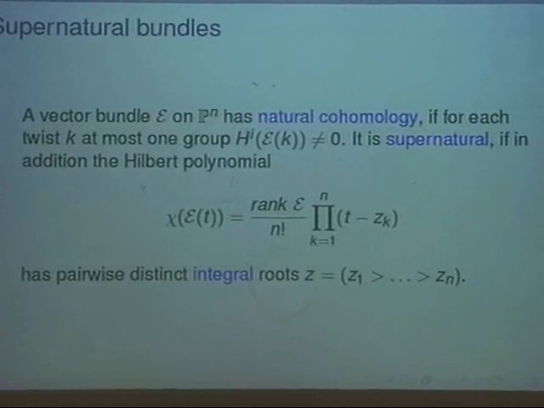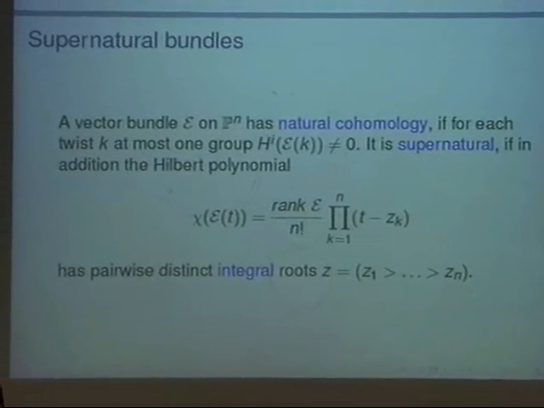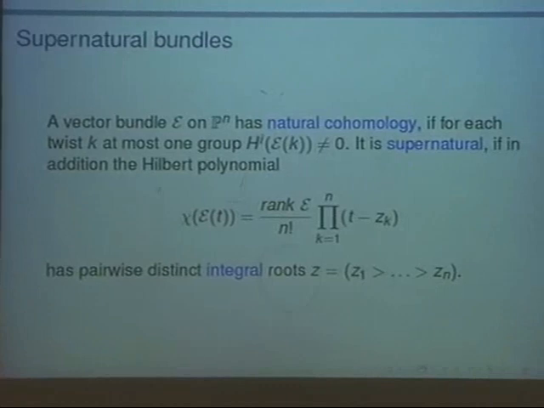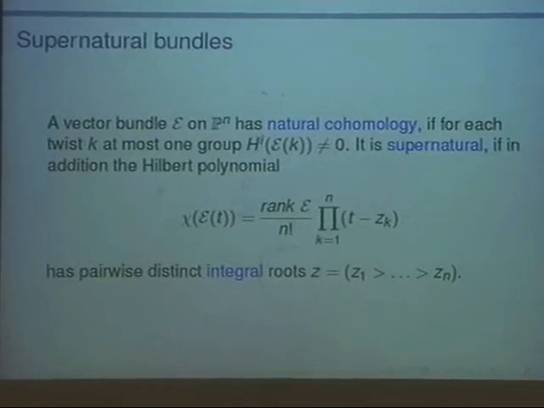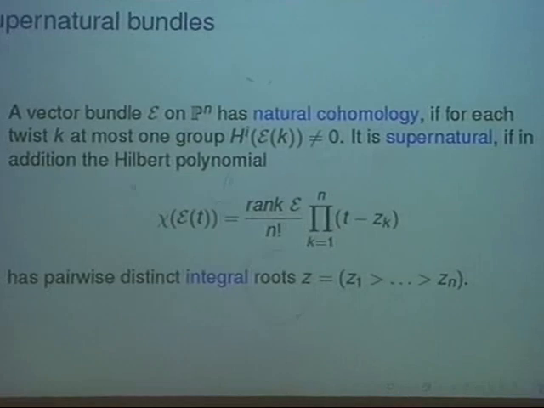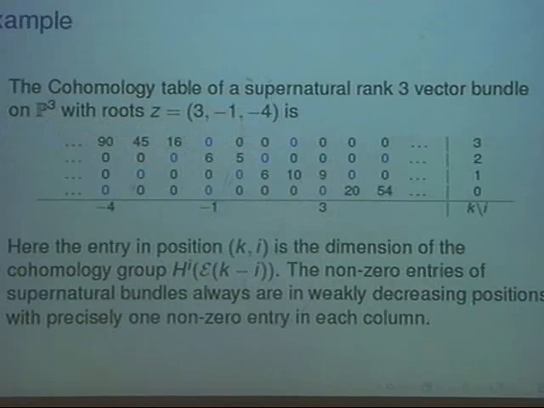A vector bundle E has natural cohomology if for each twist K at most one of the groups is non-zero. It has supernatural cohomology if in addition the Hilbert polynomial has integral roots that are distinct, so z1 up to zn in case of a vector bundle. So here's an example. If we look at the cohomology table of a supernatural rank 3 vector bundle in P3